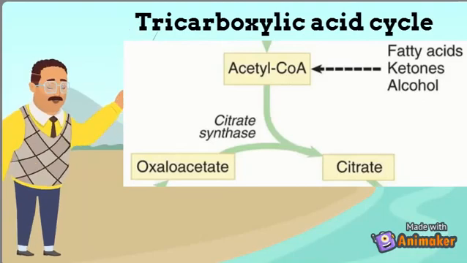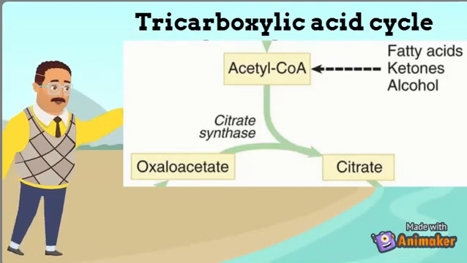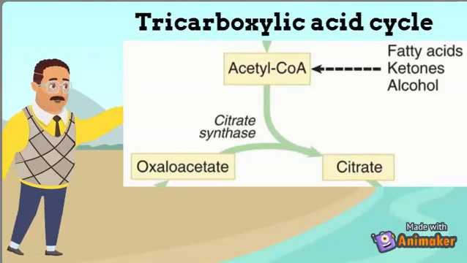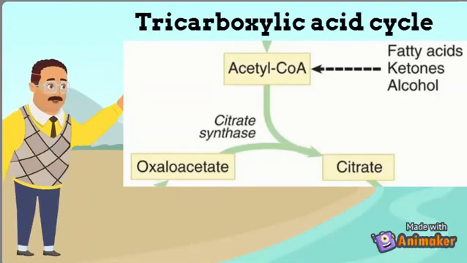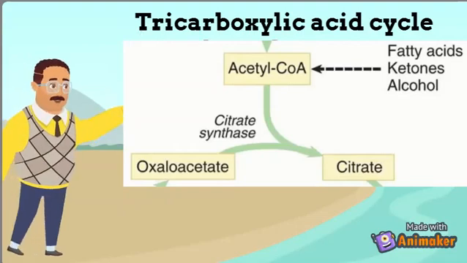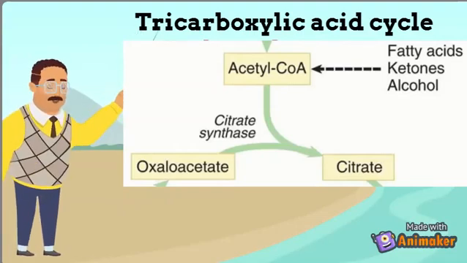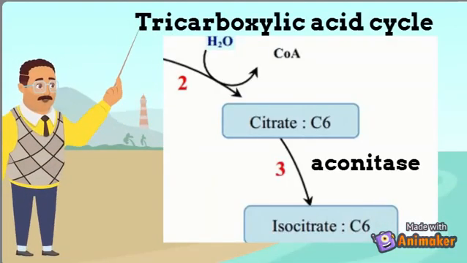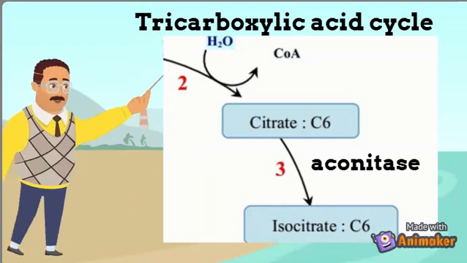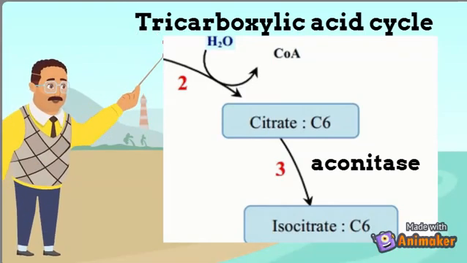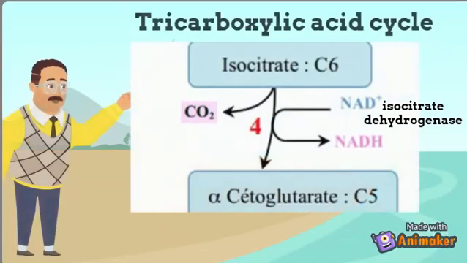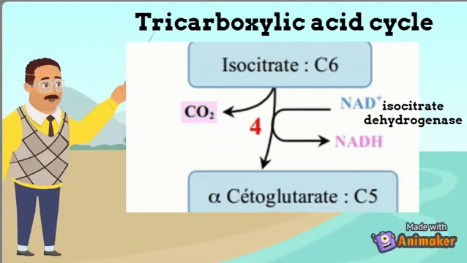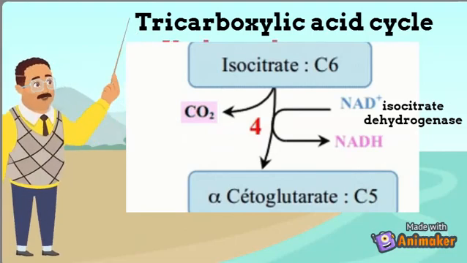The tricarboxylic acid cycle starts with the condensation of acetyl group with oxaloacetate and water to yield citrate. Here the enzyme, citrate synthase, removes the acetyl group and tacks it onto oxaloacetate to form citrate. Next, with the help of aconitase, a water molecule is removed, and another one added to form a structural isomer of citrate, called isocitrate. Then catalyzed by isocitrate dehydrogenase, isocitrate is oxidized by NAD+, and then decarboxylates to form alpha-ketoglutaric